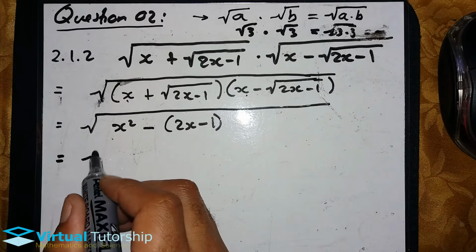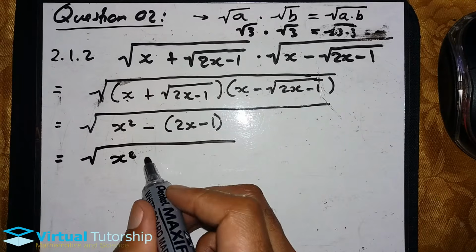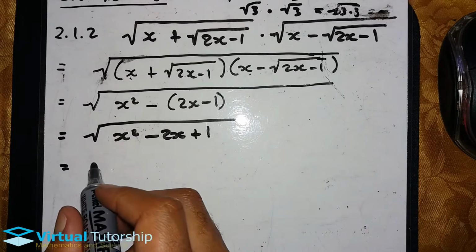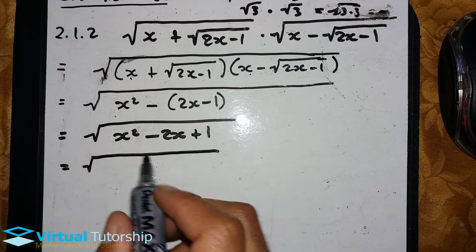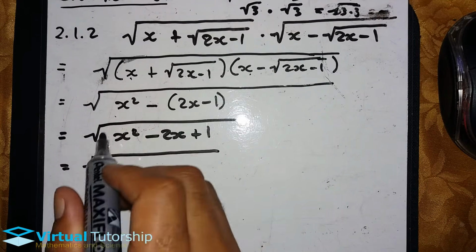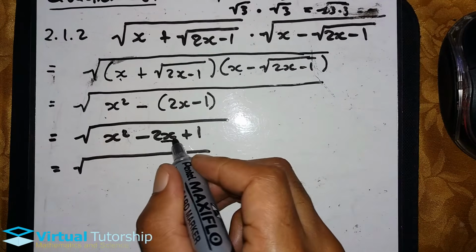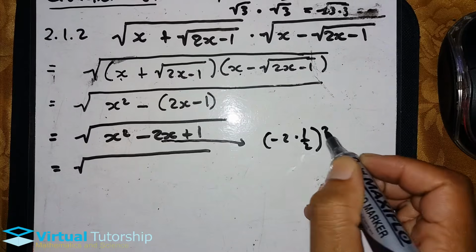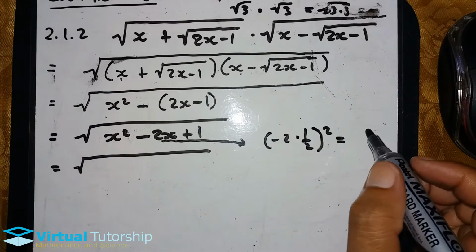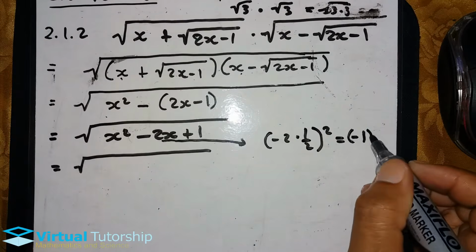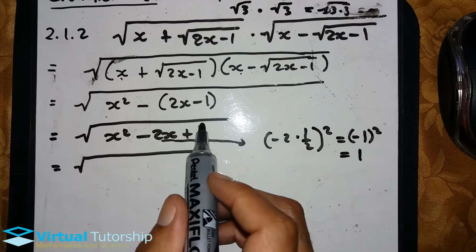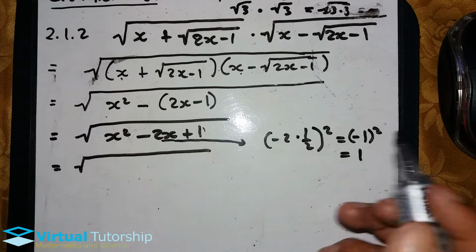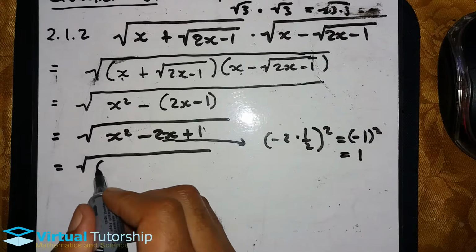So let's simplify again this one without wasting any time. So I will have minus 2x and plus 1, so it's going to be equal to the square root of, by the way, this is a perfect square, check this out again, this is a perfect square times half squared is equal to, now multiply what's inside the bracket, I get negative 1, so now square this negative 1, I get a positive 1, and this positive 1 matches the last term, so we call this a perfect square. So the factors of this will be